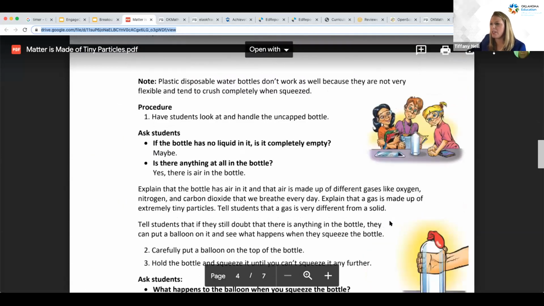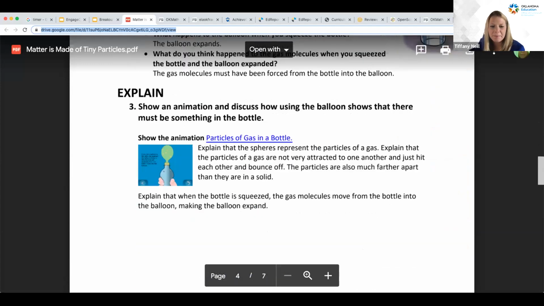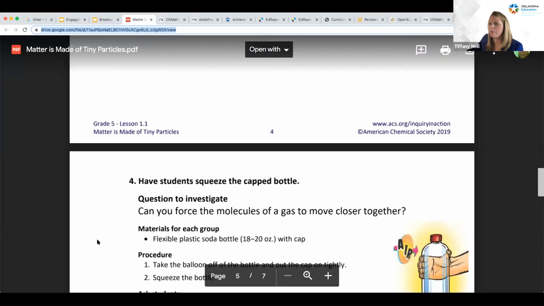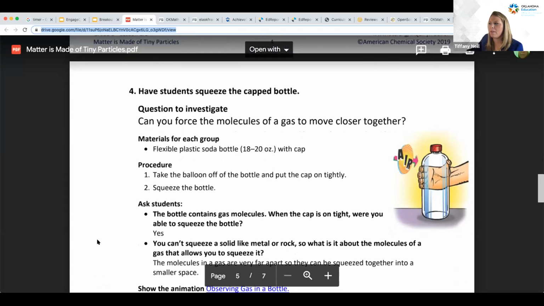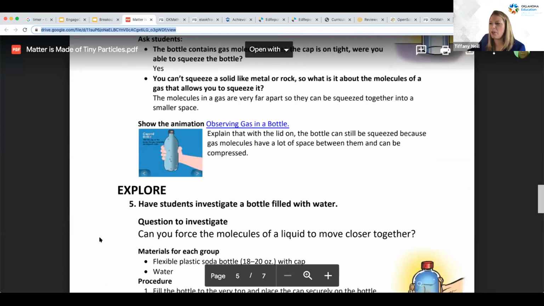I'm going to scroll a little further down, specifically to this piece of the lesson. And then one more piece of the lesson, and we'll show the screen with the standard.